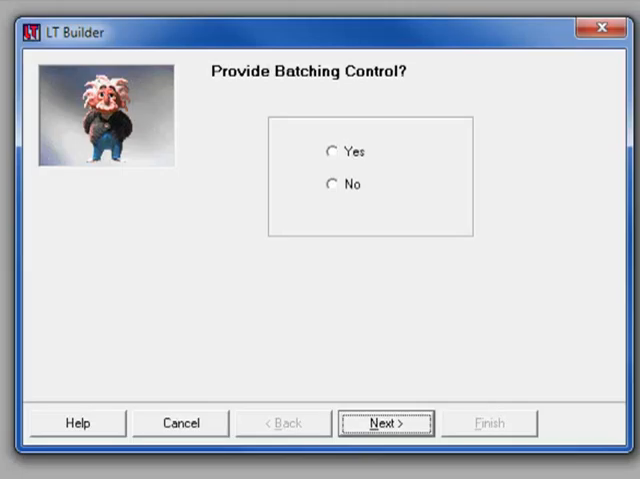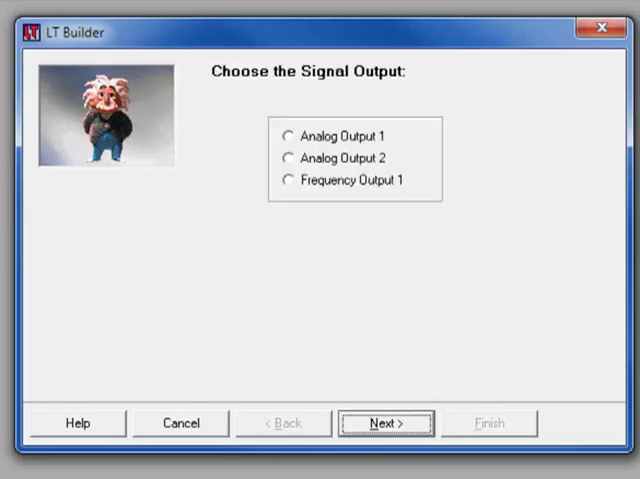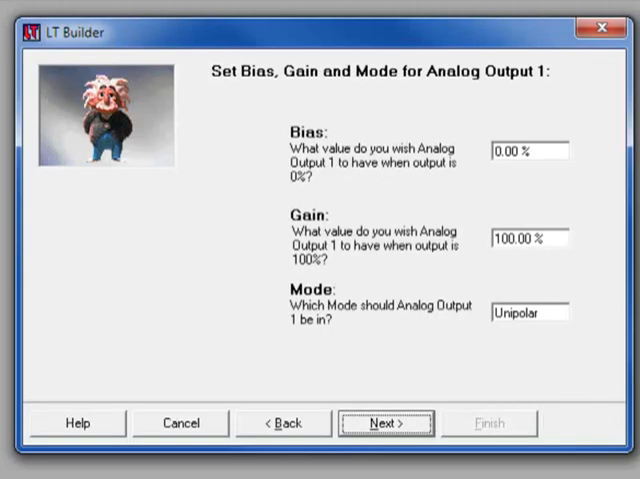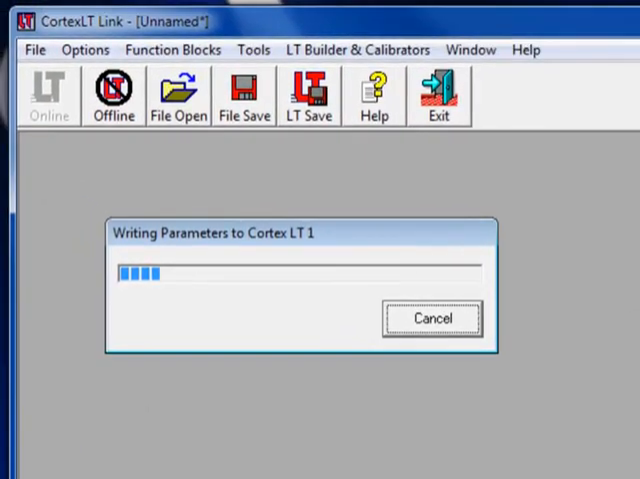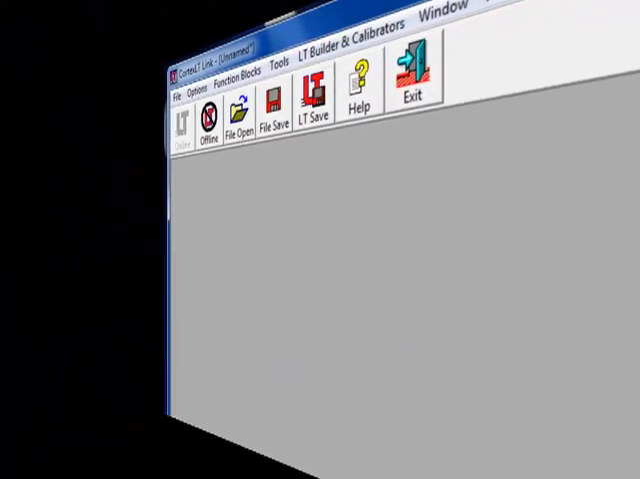Batching control allows a certain length of material to be processed. I'll select No for this example. Finally, we must select which output to use from the Cortex LT. This output will be wired to the winder drive. The factory preset values of bias and gain will typically be used to provide a 0 to 10 volt DC output signal. When the builder is done, clicking Finish will cause the software to program the Cortex LT with the selected settings. This simple